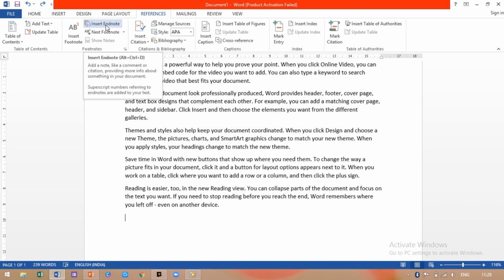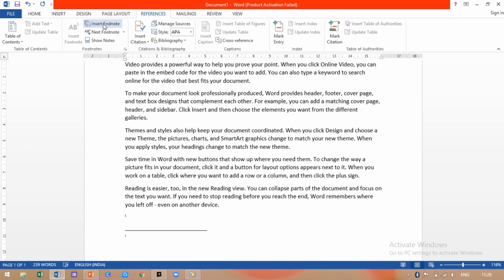Now the endnote is a special note at the end of the paragraph, especially if that paragraph is written by a special person, then you can type that name at the endnote. Now we'll see insert endnote. As you all can see, I have typed the paragraph. I click on the endnote. My endnote has been inserted right below the paragraph where the paragraph ends.